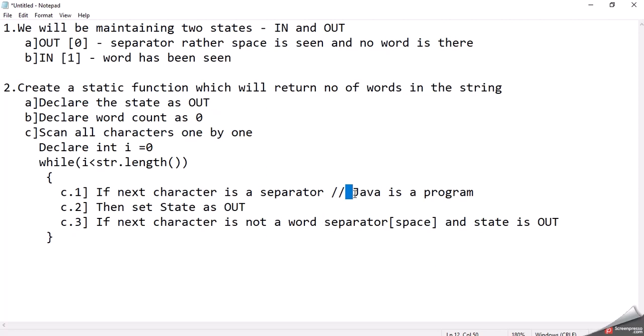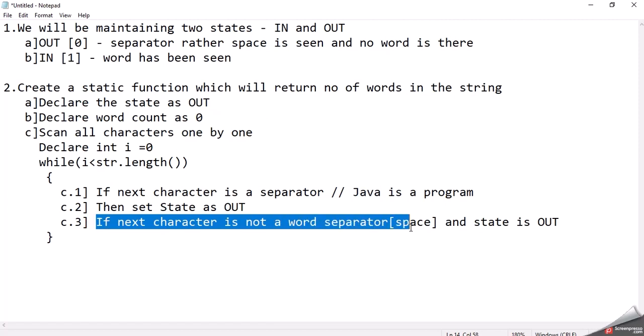Therefore my state was out. Now here, when I'm getting a word, so what happened? My state will be in. So from state equals to out, my state will be in if my next character is not a word separator, right? So if the next character is not a word separator and state is out,